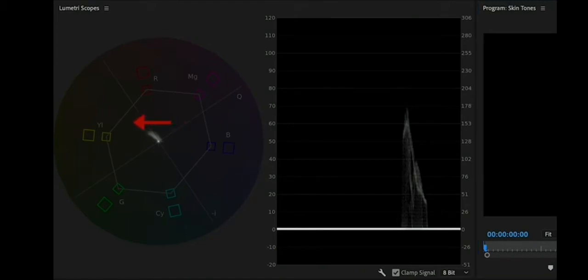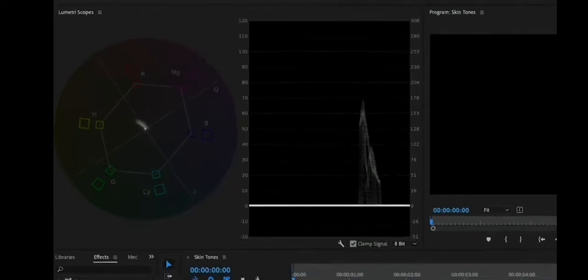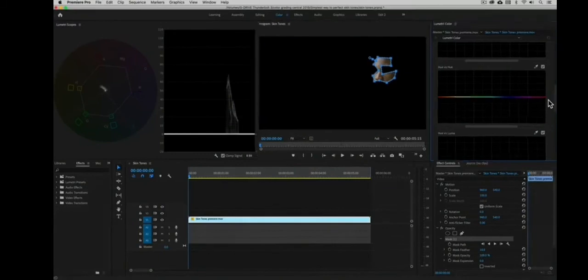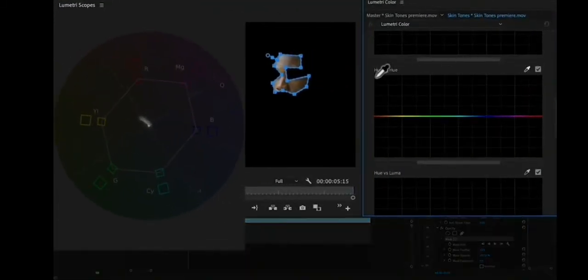I oftentimes will see this when people are near a window and there is green grass or foliage on the outside that is tinting the skin towards green. So to correct for this, we'll use the hue versus hue curve. We'll isolate the skin tones with the eyedropper and drag the middle point up until the trace aligns better with